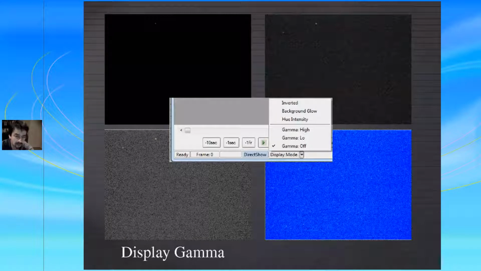In this case, you can see a very dark video in the top left corner, which is an ADV file recorded with a 14-bit video camera, where the two stars are really dim, but they're simply dim because compared to the full well of, in this case, 14-bit intensity, the stars do not reach higher, and that's why they're difficult to see. But as soon as you select a different gamma, they become very easy to see.